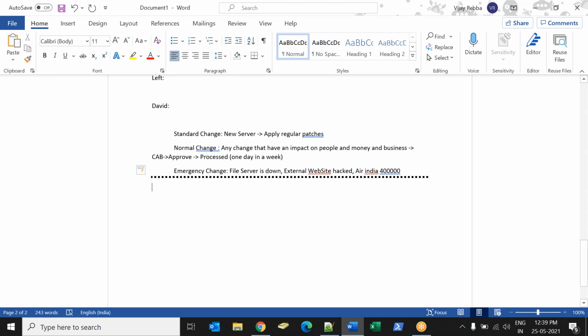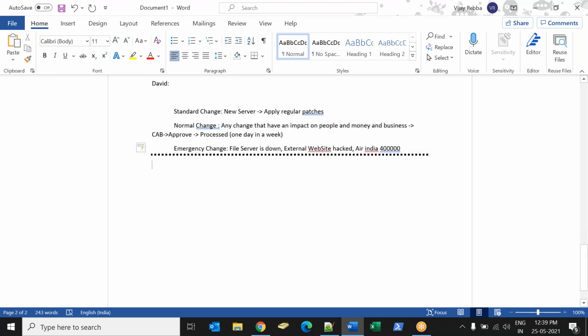Now, where should I practice ServiceNow? You need to practice ServiceNow in your own instance. Your instance will be in the cloud. So what you need to do is request